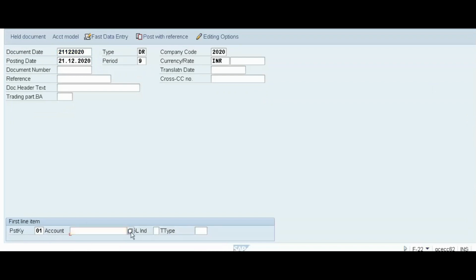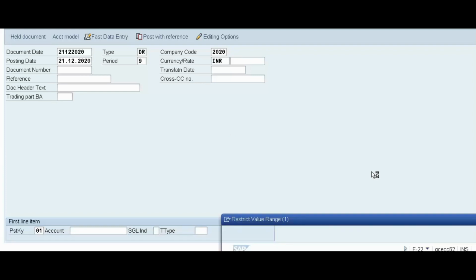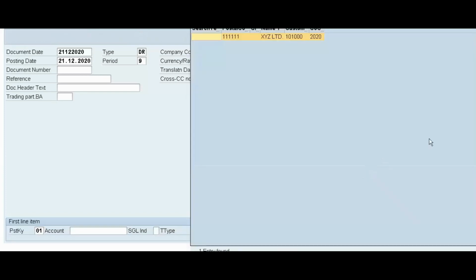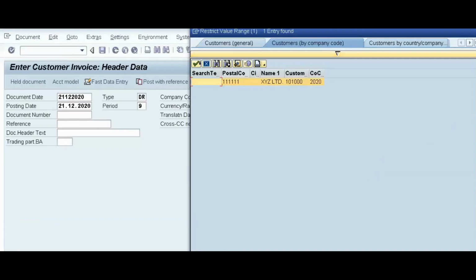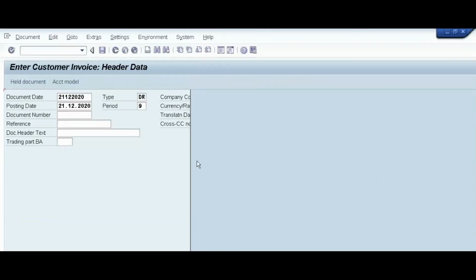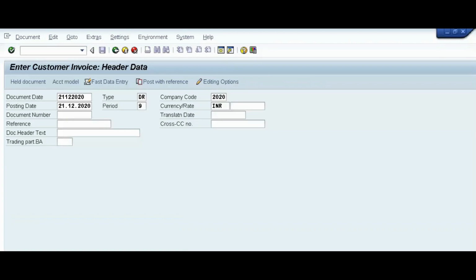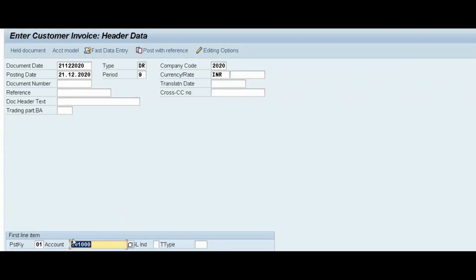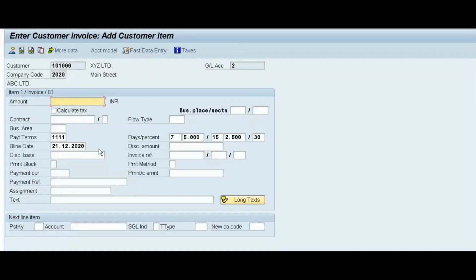So here we have to enter our customer account. Enter. So this is our customer. Okay, enter. Let's say our amount is 5000 INR.